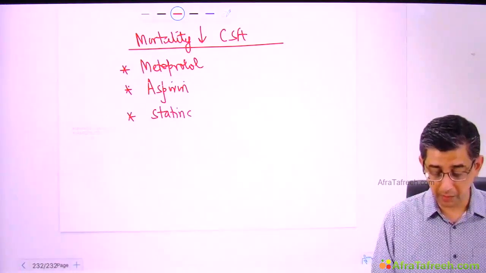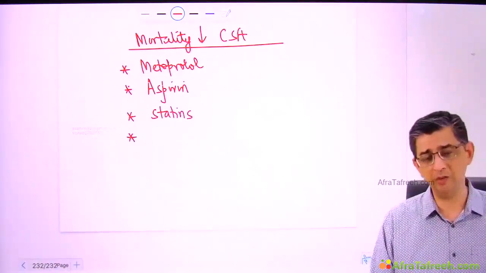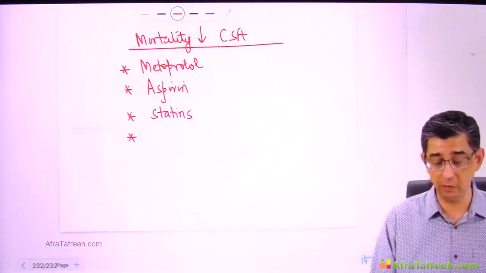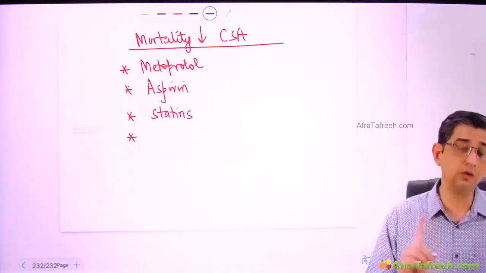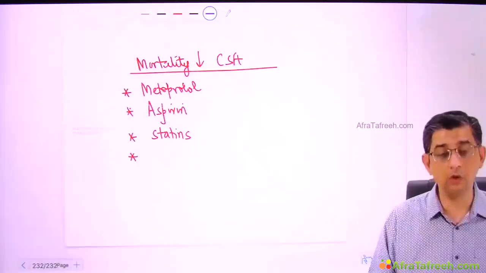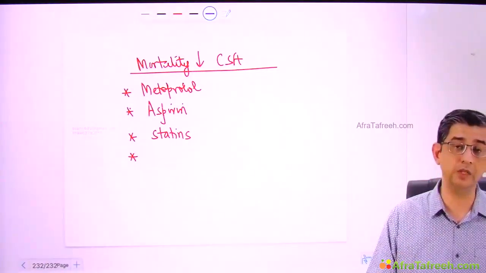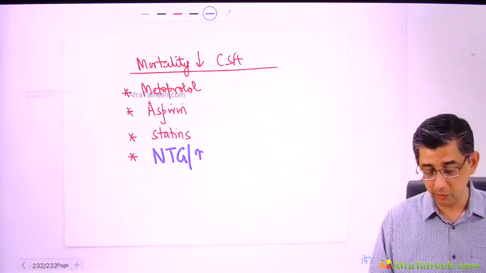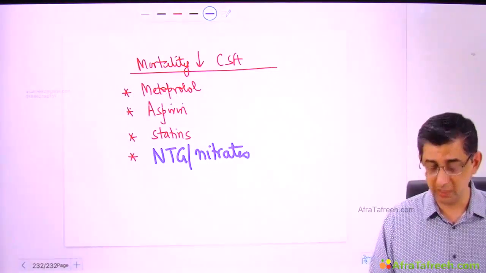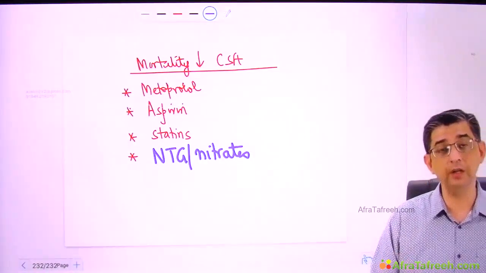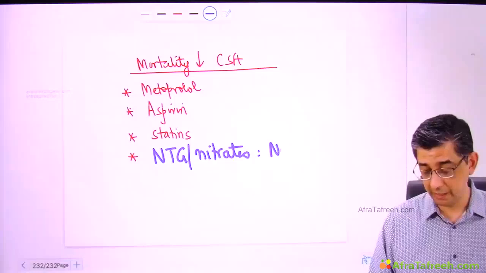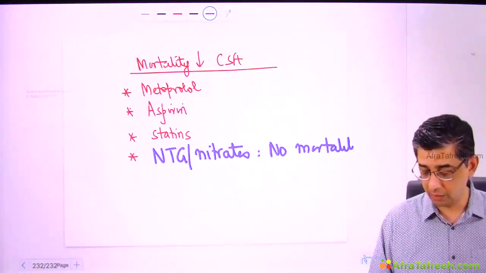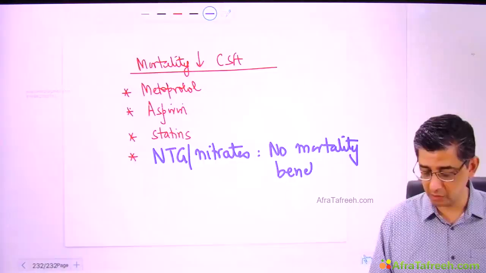Statins will also help in reducing the progression of atherosclerosis. I'm not saying that statins will reverse the atherosclerosis, but at least the further progression of the disease can be substantially reduced. Now, the question was asked: listen to the question carefully, all of the following drugs reduce mortality in chronic stable angina except. And the answer to that is nitroglycerin or nitrates per se. You see, in last so many years of nitrates usage, not a single study has shown mortality reduction. I want to highlight that nitrates are for symptomatic relief. That is okay. But do remember, nitrates have no mortality benefit when it comes to patients of chronic stable angina.